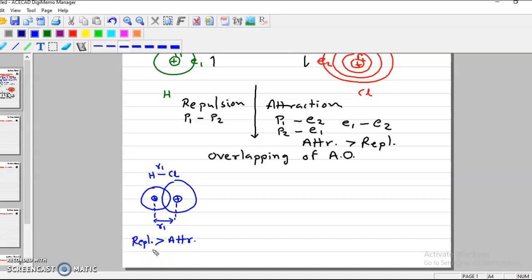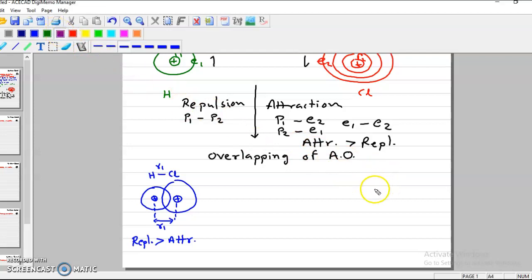Okay, so they cross limit and they are coming closer. R1 is a very small distance between nuclei of hydrogen and chlorine where there is more repulsion than attraction. Okay, obviously if repulsion is more, they will go away from each other and they may reach this distance